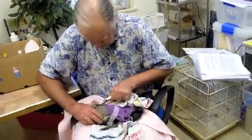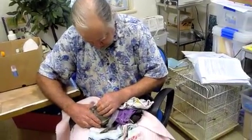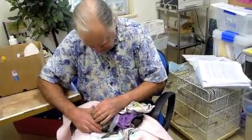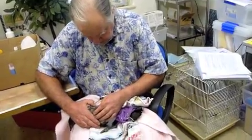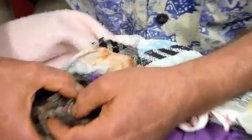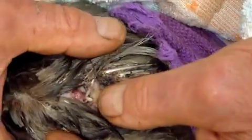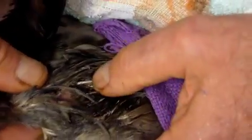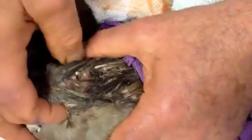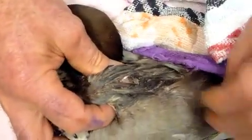Okay. All right. Okay. Do you want me to snip that? No, that's all right. Right, we've got a compound wound here. Right here, we've got a piece of white bone that hasn't died sticking out there. That's bone, so this is a compound fracture of the left wing, and it's of the left shoulder area. It's quite close to the shoulder joint. It will need pinning, and